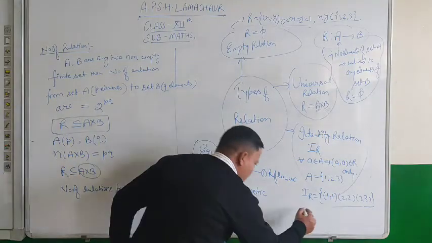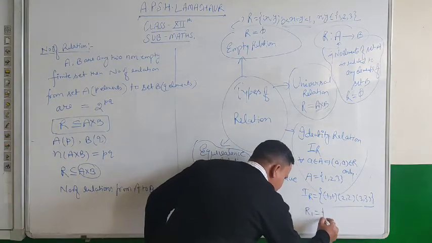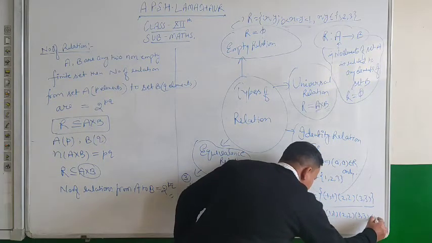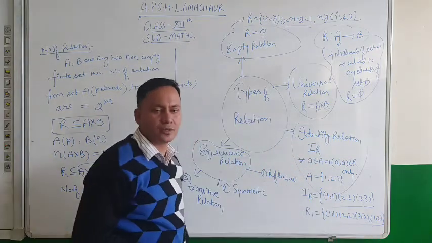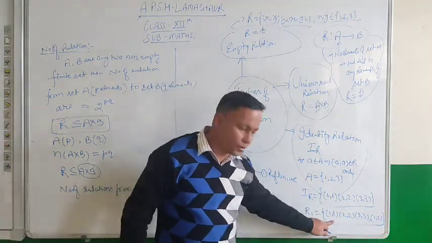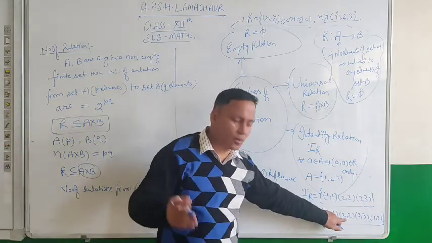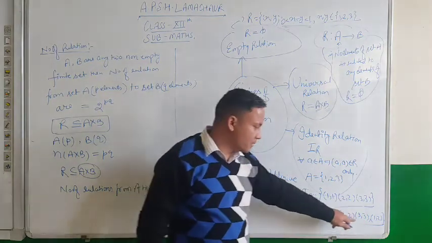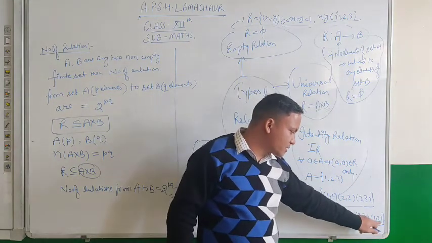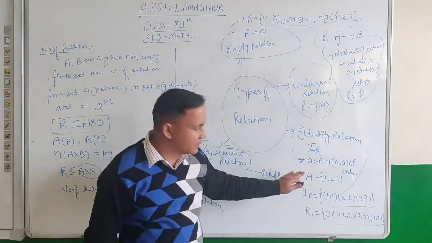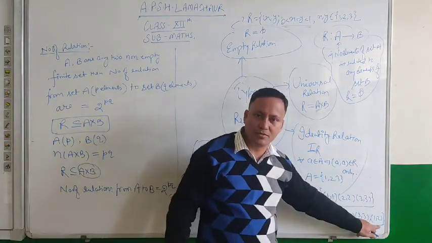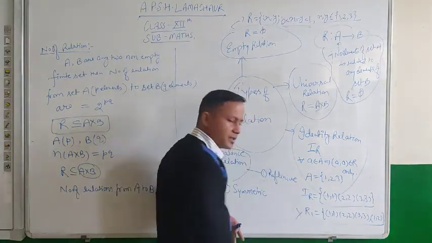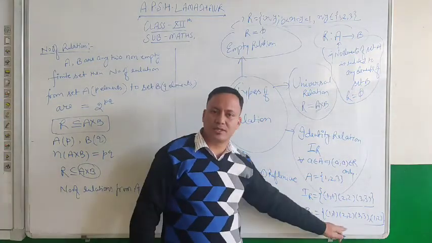अगर मैं एक relation और लिखूं यहाँ पे, suppose (1,1), (2,2), (3,3), (1,2). Now focus on this relation. 1 is there, 1 is related to itself, okay. 2 is there, 2 is related to itself, no problem. 3 is there within the set, so 3 is related to itself, it's okay. But now see here, (1,2), it means 1 is related with 2, but in case of identity, this cannot be possible that any element is related to any other element. So this relation is not identity relation. Yes, we can say this is an equivalence relation, okay.